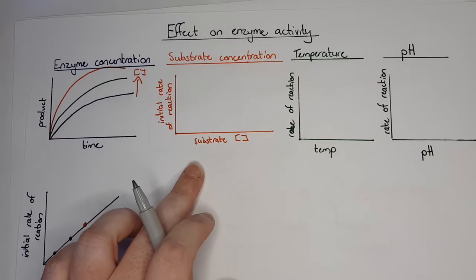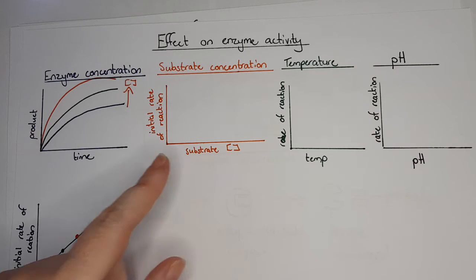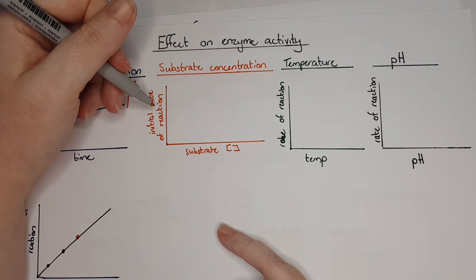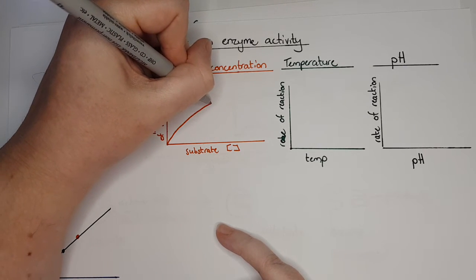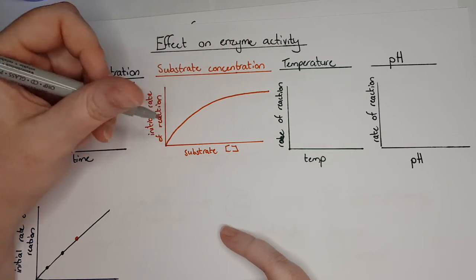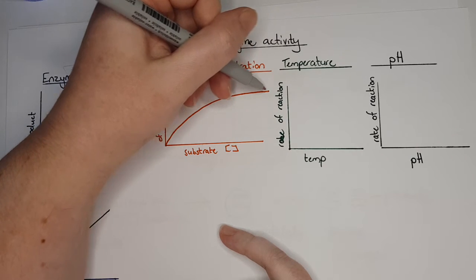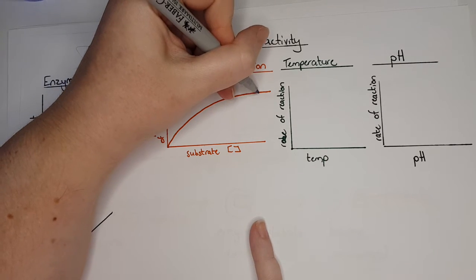If you look at substrate concentration, so that's the thing that your enzyme's working on, as you increase substrate concentration, your initial rate of reaction is going to increase, just like with the enzymes. But it's going to increase until it levels off. It will always have this shape of increasing, and then it's going to end up going straight. Because at this point, where it levels off,